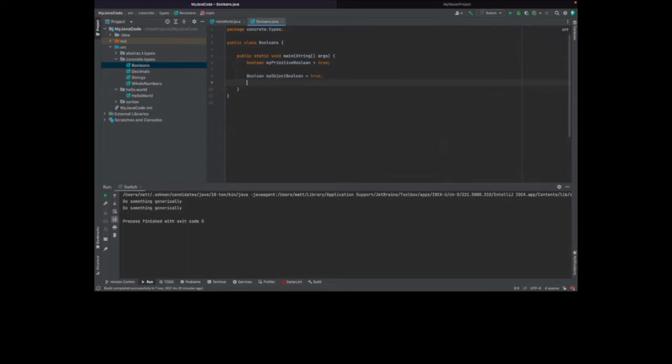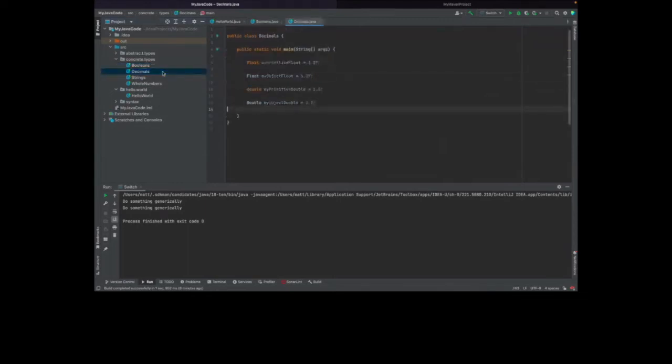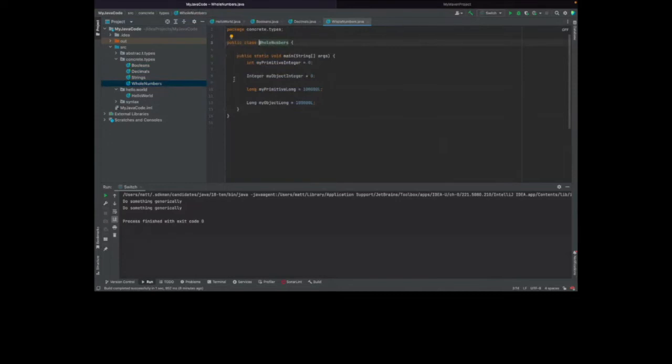There are also decimals. Actually, we'll deal with whole numbers first. So likewise with whole numbers, so integers, we have primitive integers and object integers, pretty much exactly the same as Booleans. The primitive one uses less memory, but you can do less with it. The object type uses more memory, but you can do more with it. And then longs, rather than integers, essentially take up even more memory than the primitive and object versions of integer. And so they are really useful for defining big numbers.